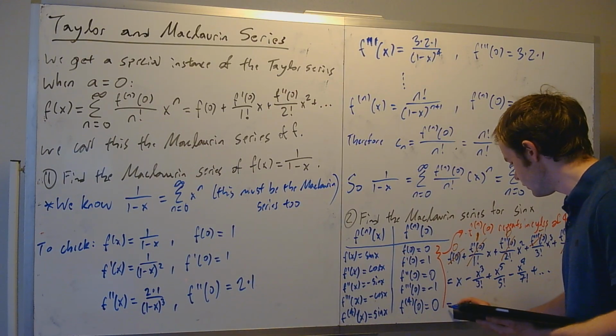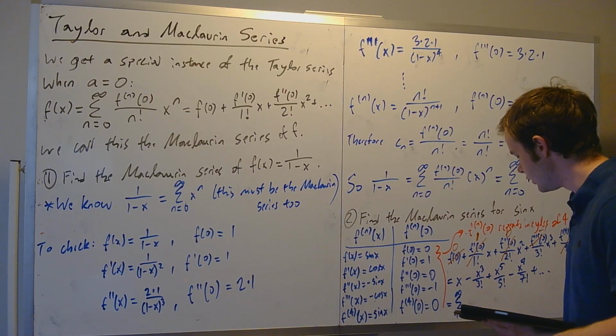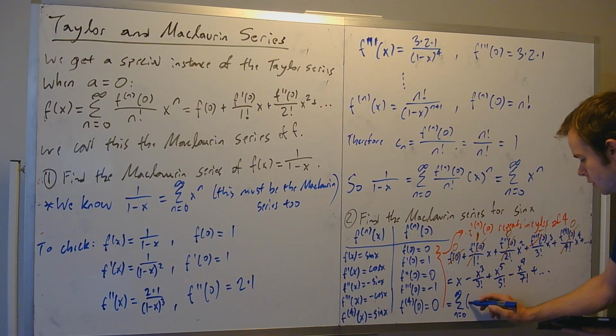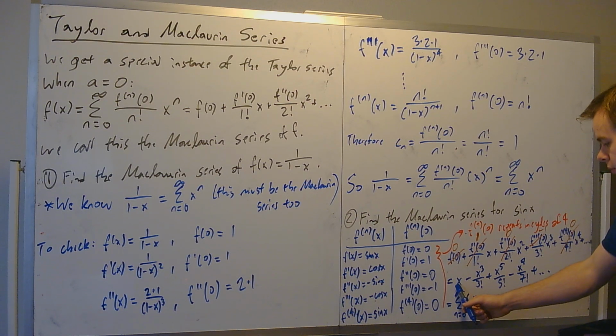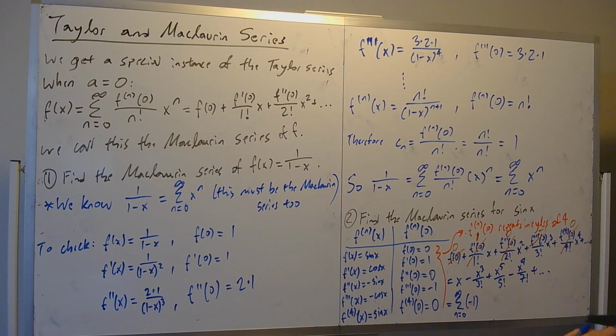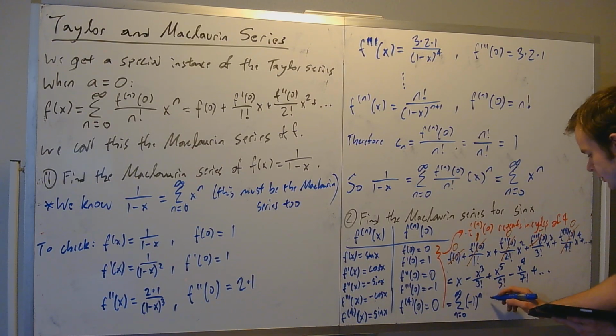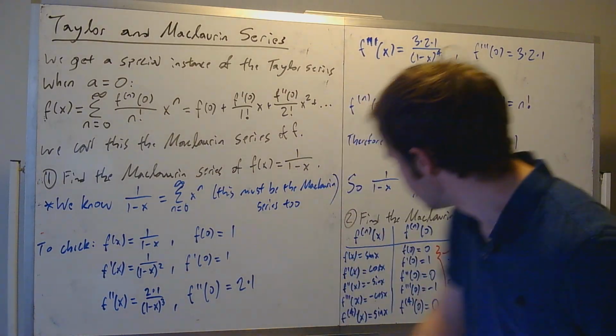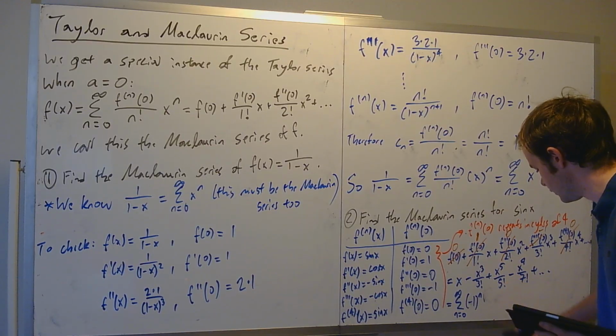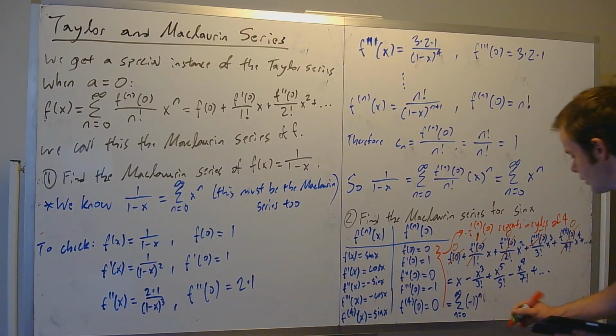So if we tried to write this as a sum, we're going to have the sum from n equals 0 to infinity. So we know it's alternating, so we know that we need to have -1 to some power. And we know that the first term is going to have to be positive, right? So what that tells us is this should be n. Because here, if you plug in n equals 0 here, the first term is going to be positive. Okay, and then we're going to have x to the... Ooh, let me use a different color here because this is a bit close together. So the next part here would be